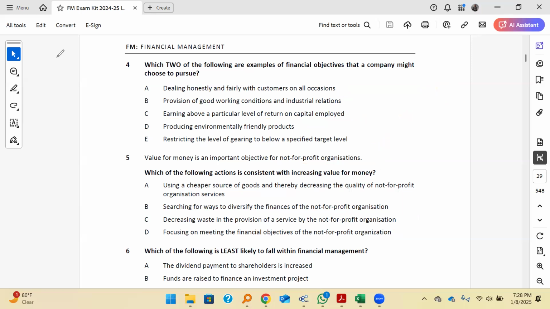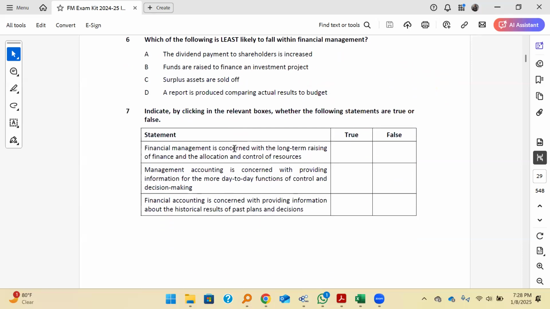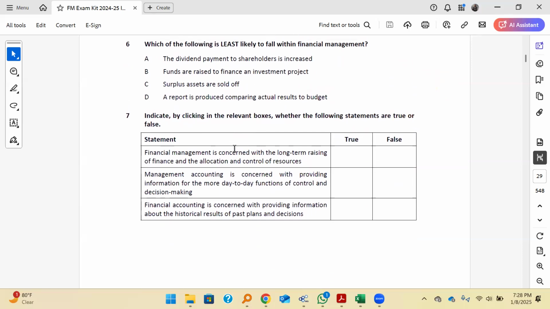Then we can go on and look at the next question, which says, which of the following is least likely to fall within financial management? So financial management, as we saw, is going to be looking at the roles that a finance manager does. So you just look at these ones, see which one doesn't fall in there. So dividend payout to shareholders is increased. This is about dividend decision. That's okay. Funds are raised to finance the investment. That's about financing. Surplus assets are sold off. That is investment,